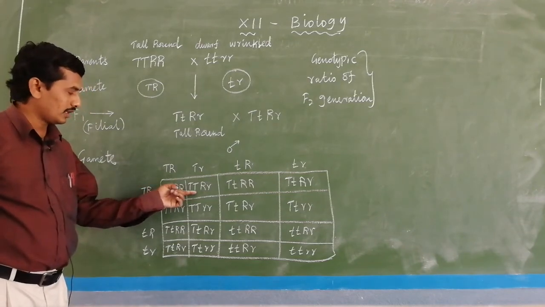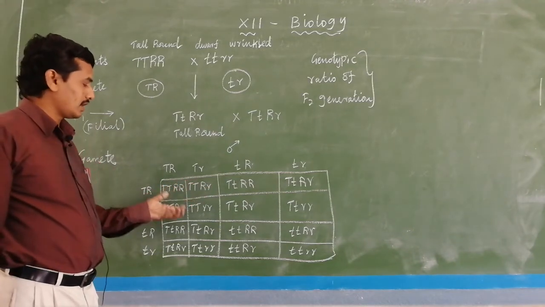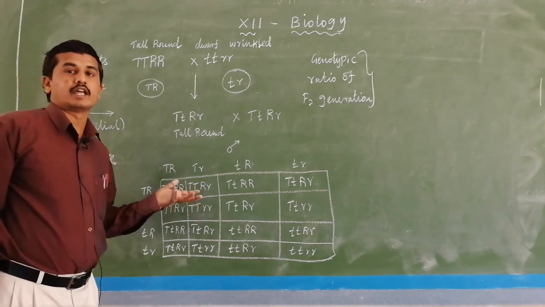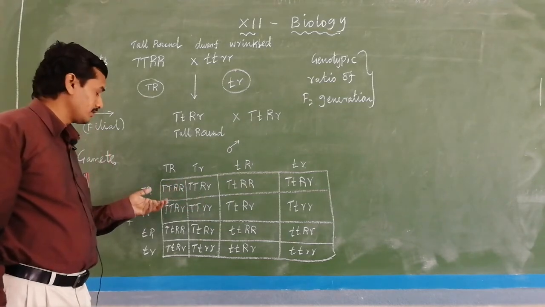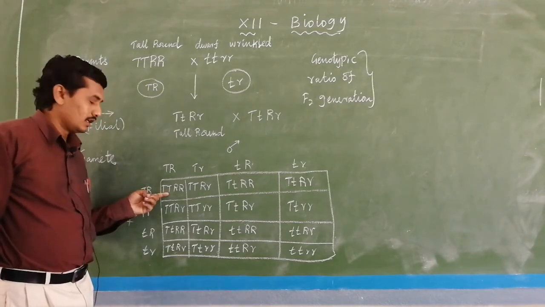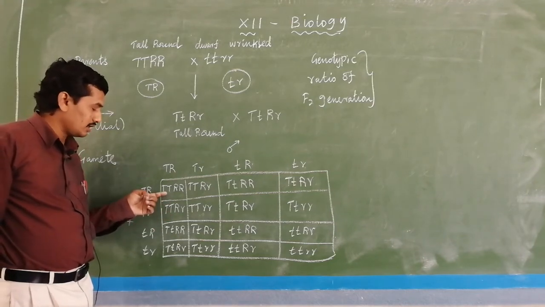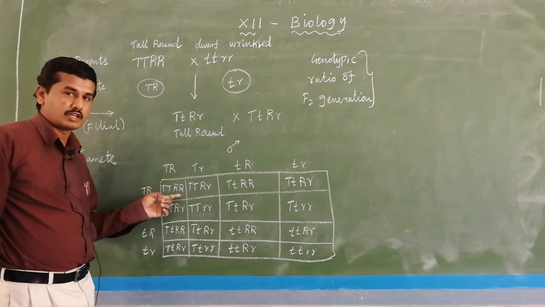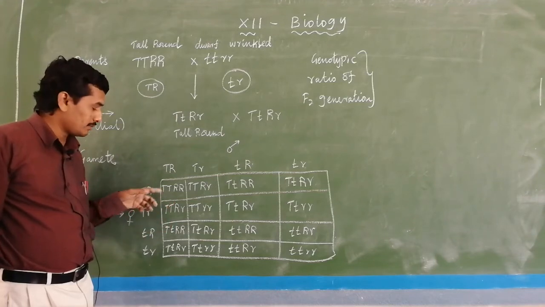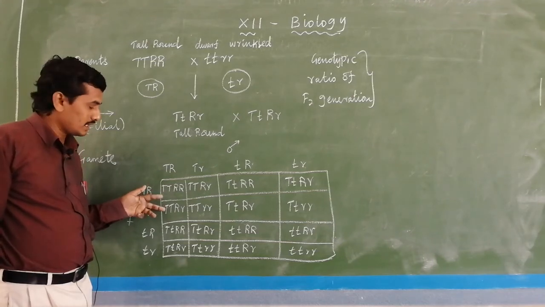Here homozygous tall and heterozygous round. So, same as we considered, every character in the 16 plants. So, as a genotypic example, morphologically this plant is producing tall and round, here also the plant is producing tall and round, but genetically it is different. Genetically means, listen, here capital T, capital T, capital R, capital R; here capital T, capital T, capital R, small r. So, both plants are expressing the tallness and the roundness, tall and round, but genetically